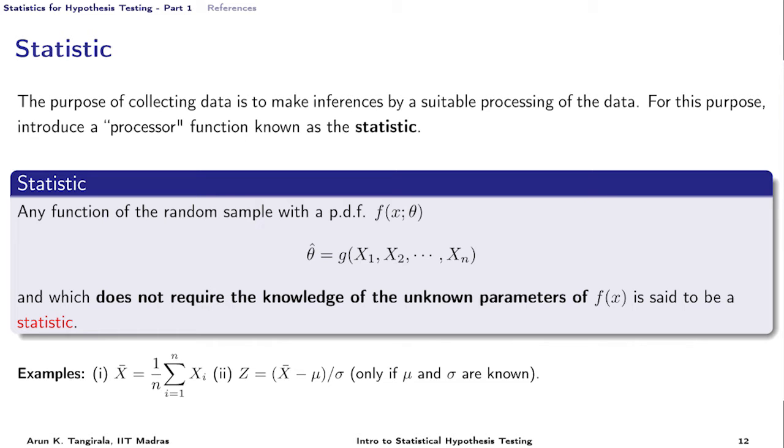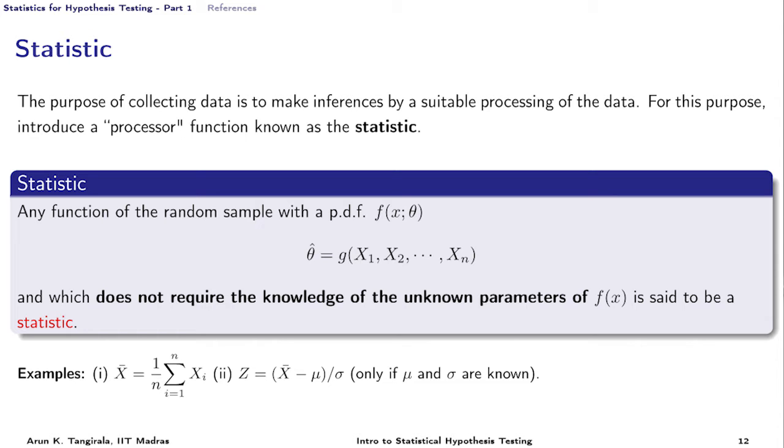Essentially, the nature of G determines how easy it is for me to determine how the randomness in x will propagate to randomness in theta hat. If it is linear, it is fairly easy, I can use the central limit theorem and so on. If it is non-linear, then very rarely, maybe in 1 or 2 circumstances I can actually find it out, but by and large I have to resort to what are known as Monte Carlo simulations to figure out the PDF of theta hat, but I need that for hypothesis testing. I need f of theta hat.